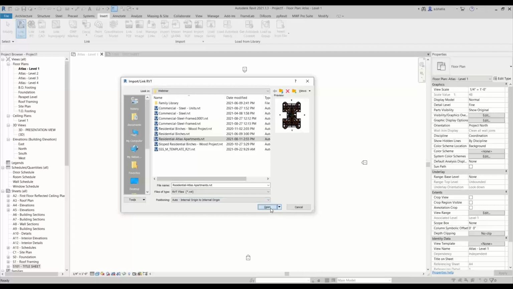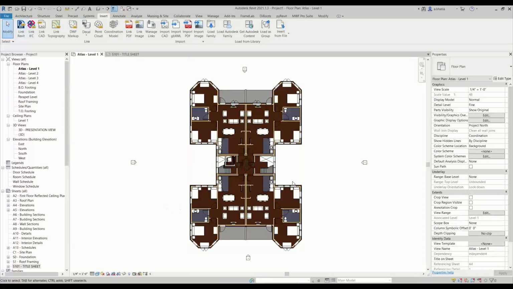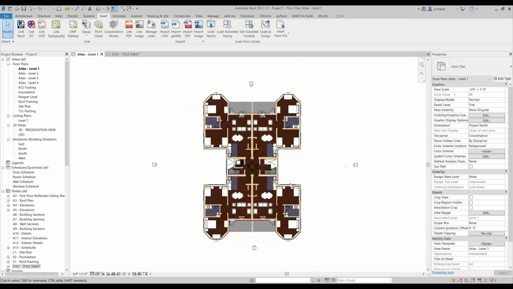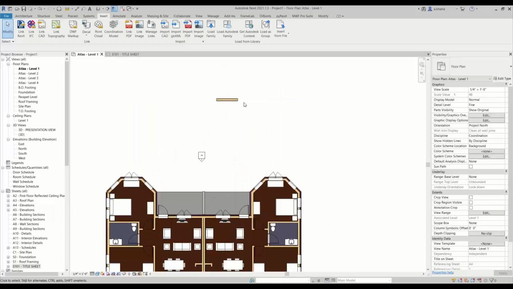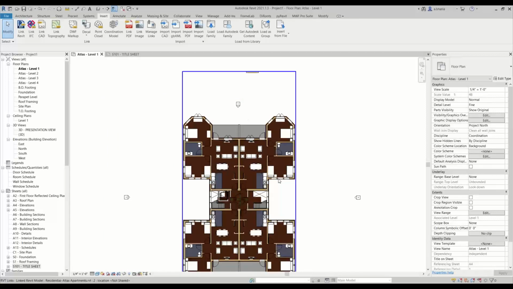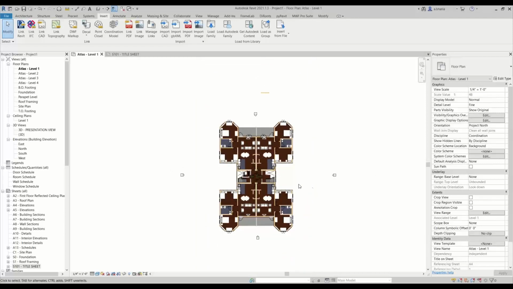So I'll just go ahead and open that. In a quick second, it just, boom, places the model in here. They have a random wall placed out there in Never Never Land, but that's totally fine. No biggie. Okay, so now that we have the model in here, we want to use Copy Monitor so that